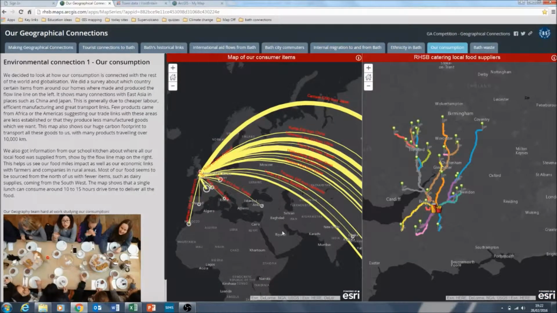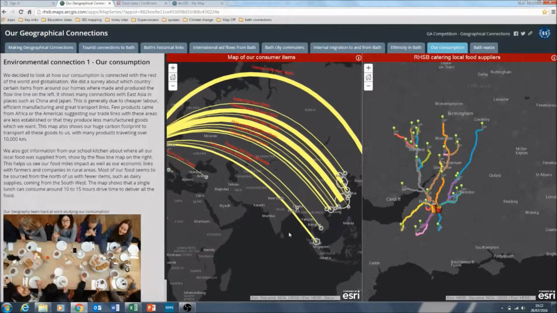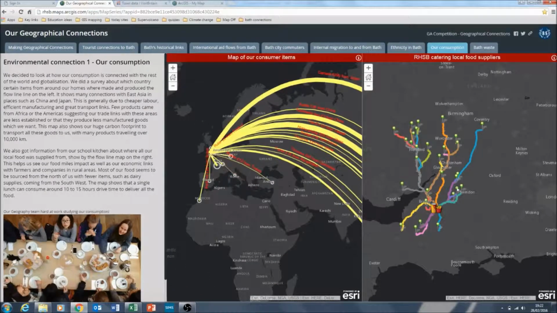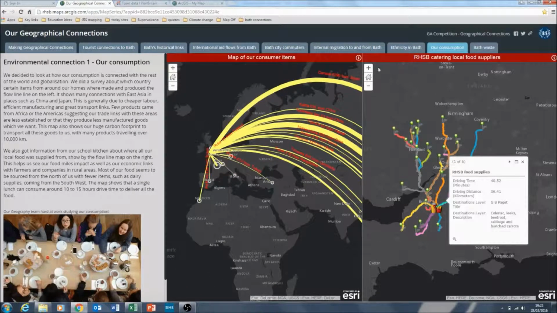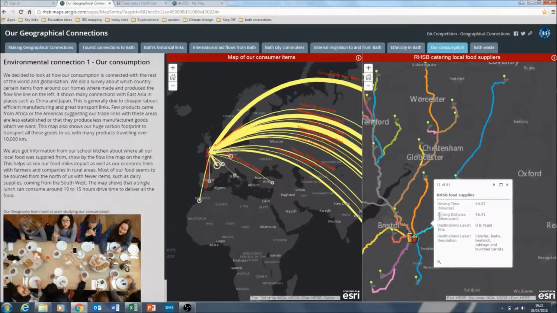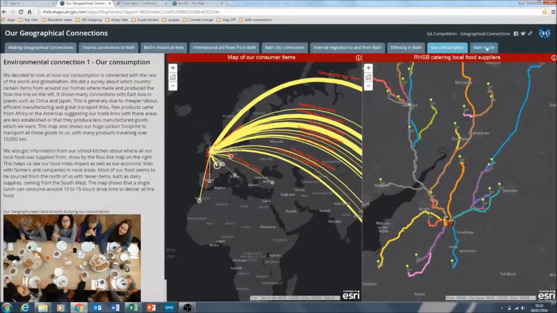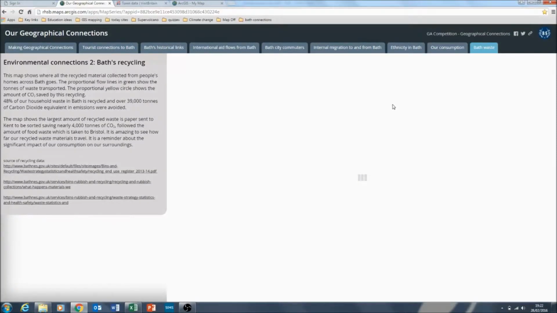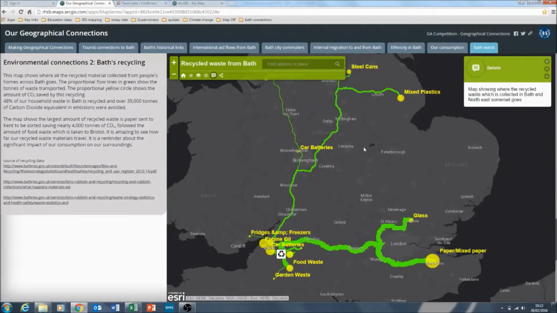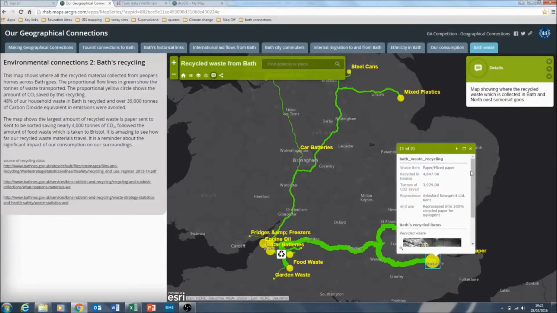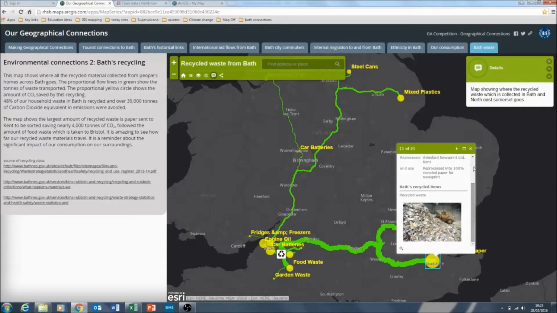The final theme we wanted to look at was our environmental connections. We can have both positive and negative connections with our surroundings through our consumption. So we did a survey of where manufactured items from around our homes were made, and also looked at our local suppliers of food to the school dining hall. The last aspect we mapped was about where some of our waste goes by looking at where our recycling is sent. There are so many more connections we could explore,